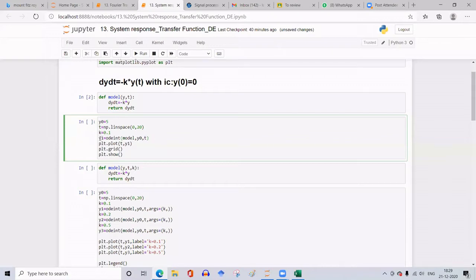So before we call this, we have to make the preparations. First I'll take initial condition 0. And what is the value of k? What are the initial conditions? Here it is a first order differential equation, so we need only one initial condition. And let me change the order of this.